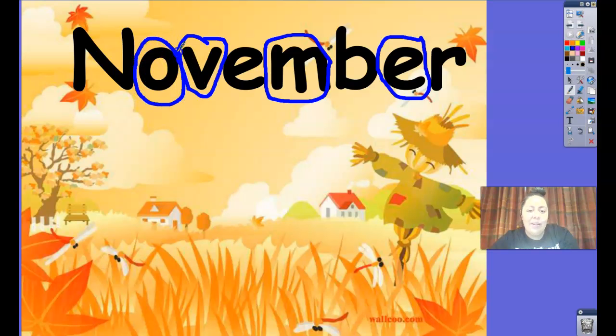What about this letter? What is that letter called? It's letter O, and O makes the sound like octopus. And finally, our last letter that we learned, what is that letter? It's letter R. R makes the r sound like ring. Great job, my friends. Let's go ahead and take a look at our calendar and see what number we're on